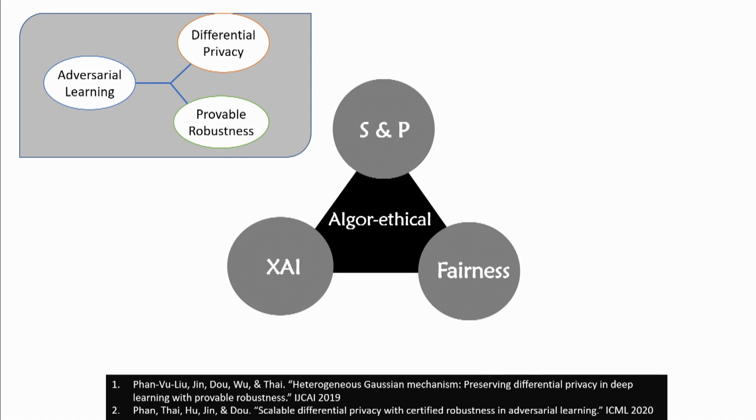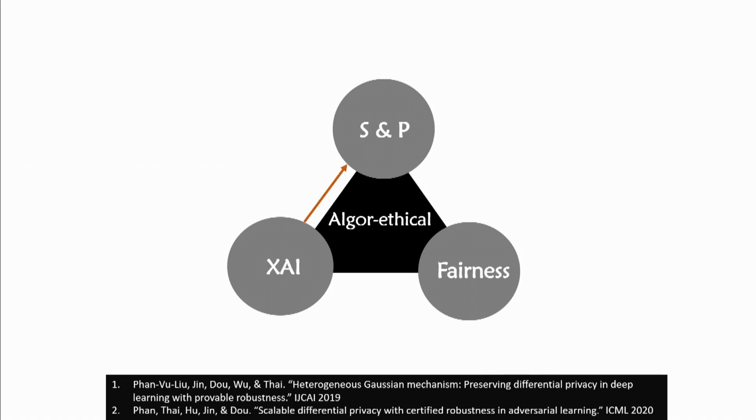So when we connect these 3 dots, the final goal is that the model you design still has to be high accuracy. The model utility has to be high, right? You don't want to maintain all these 3, but the model precision is low, then no one is going to use that model. So we designed a couple of models, and a couple of papers that I list here, that try to protect this. And with explainable AI, we try to explain